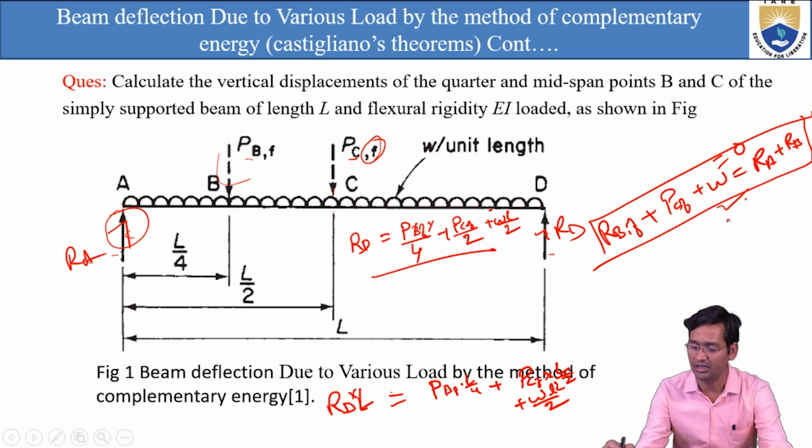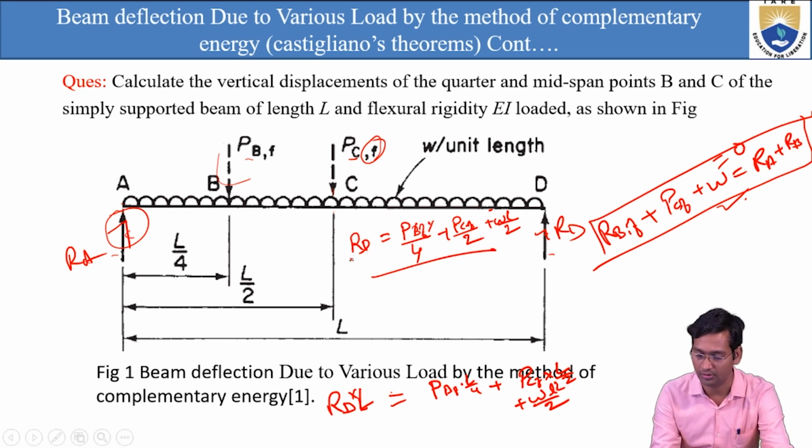Put here, right? RD, sorry, RD. This is RD, not RD, because here is the support, right? So now RD we got. Put here, we will get RA. So after putting RA, what will we get here? So this RD value we are putting in this equation